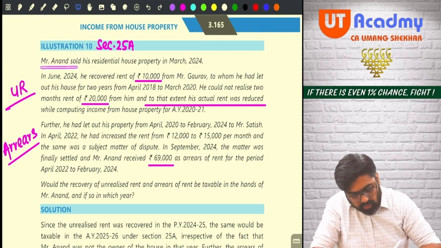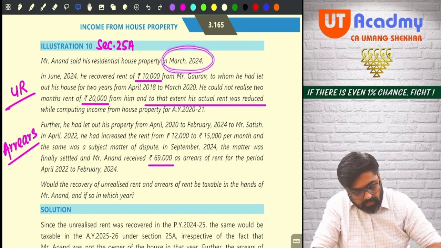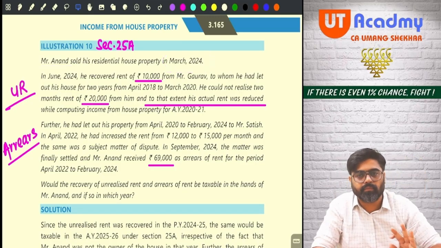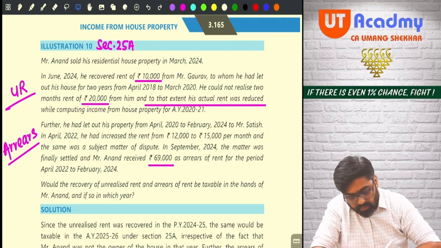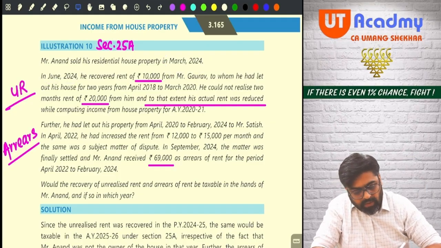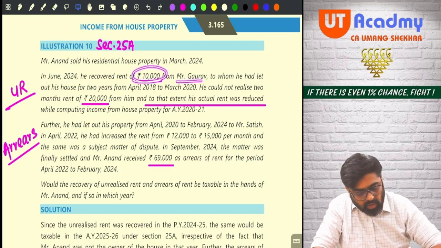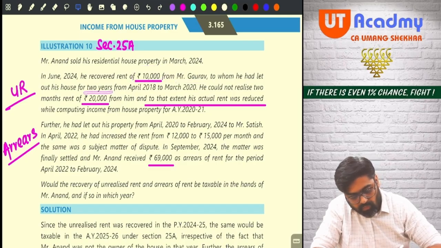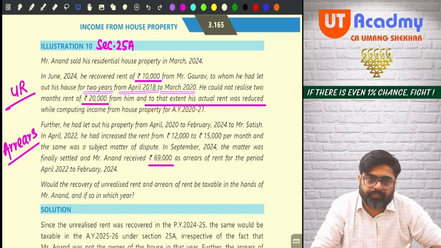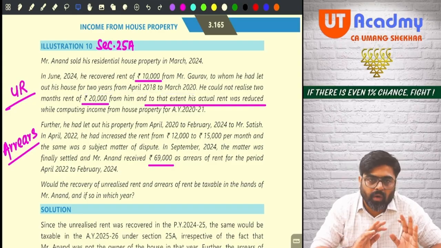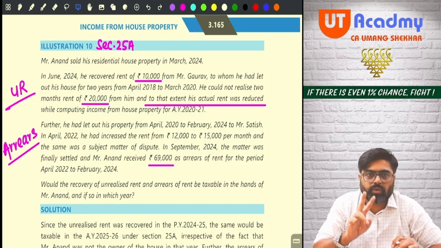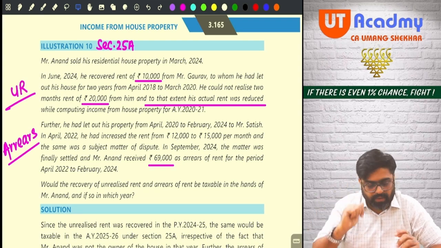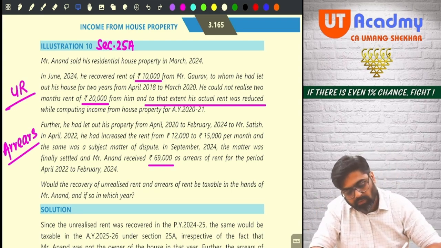Mr. Anand sold his residential house in March 24. Meaning last year only he has sold this property. Now, in June 24, he recovered a rent of rupees 10,000 from Mr. Gaurav, to whom he had let out his house for 2 years from April 18 to March 20. Gaurav was tenant to whom for 2 years the property was let out, 1819 and 1920. Now, Gaurav